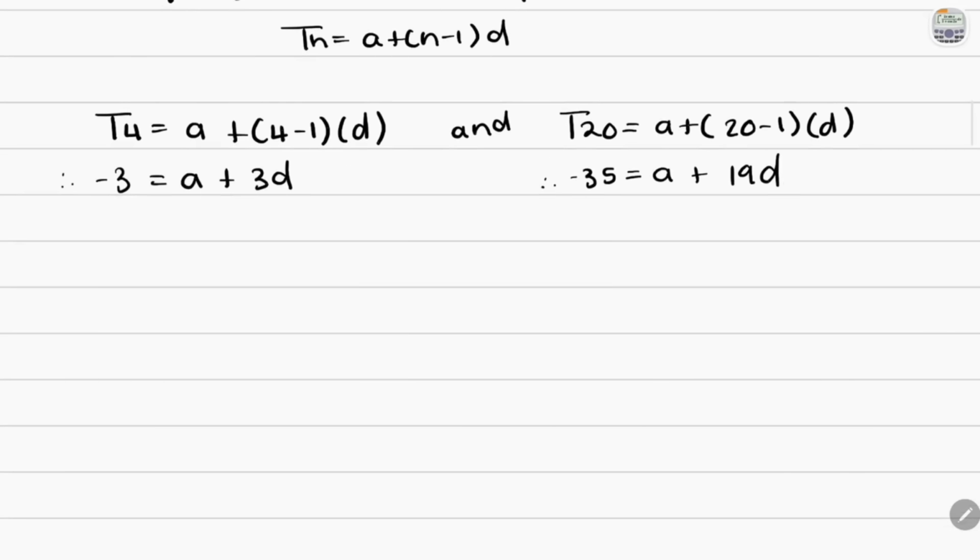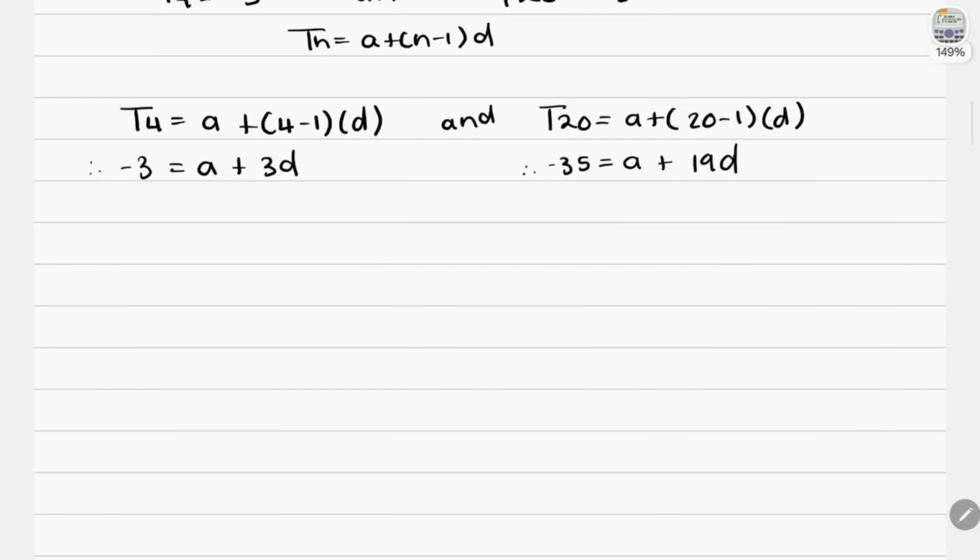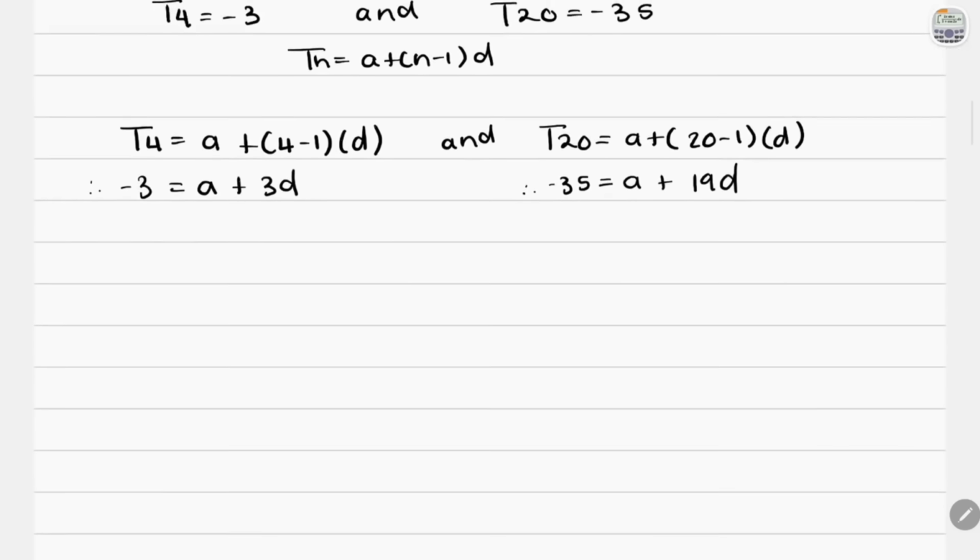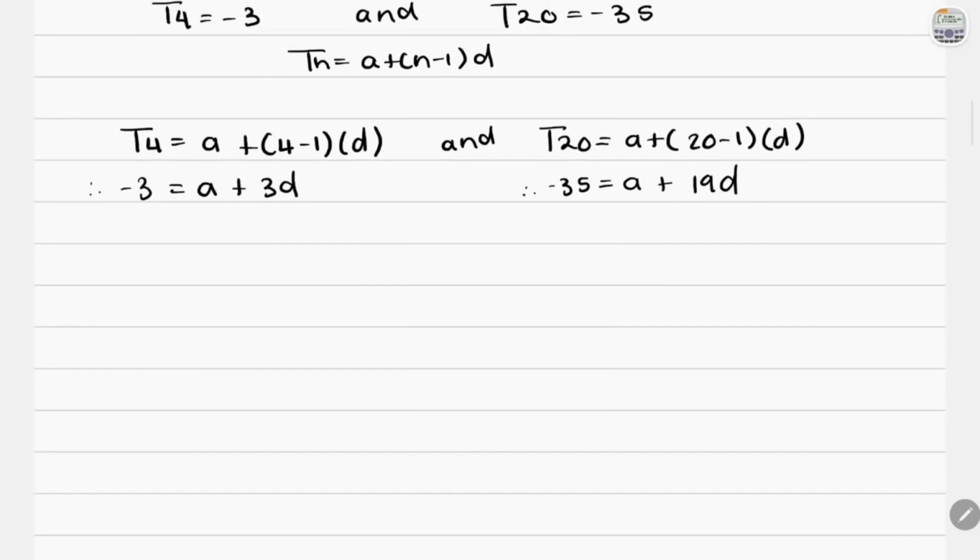Okay, so these are 2 equations. You can solve them whichever method you want, elimination or making one thing the subject. Here, I'll just make a the subject in both equations. So if we leave a on the right-hand side, we're going to transpose the 3d. So this becomes a equals -3 minus 3d, and a equals -35 minus 19d. And finally, we can say that a is equal to a. Therefore, -3 minus 3d equals